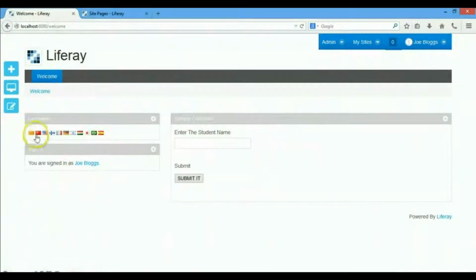Now over here you can select whatever language you want. You can select Dutch, you can select Magyar, a whole bunch of languages over here. So let's say we are going to set French. It should be FR if I am right.